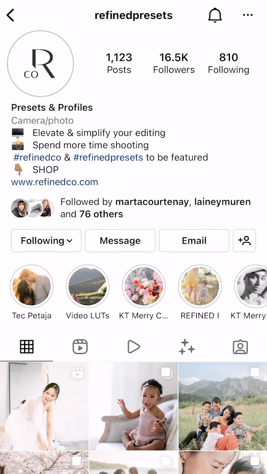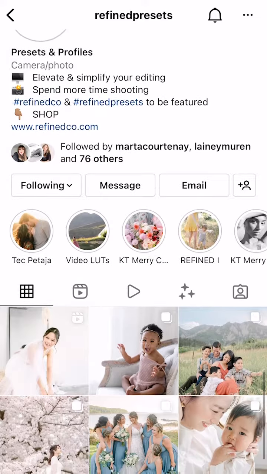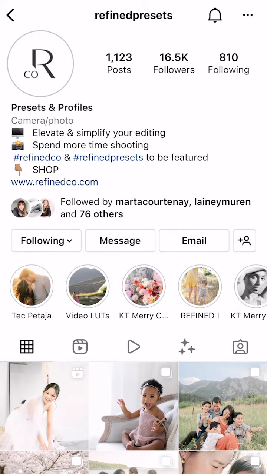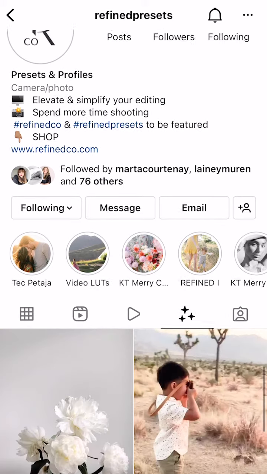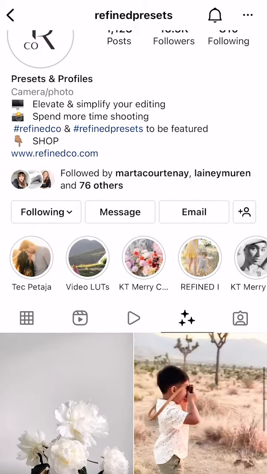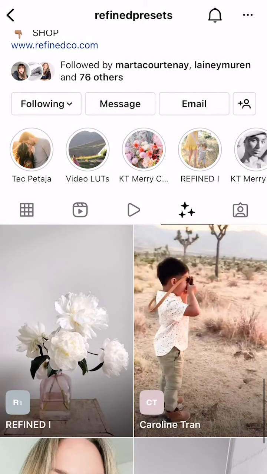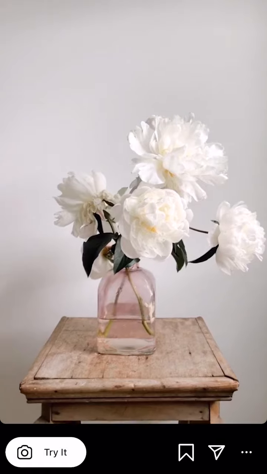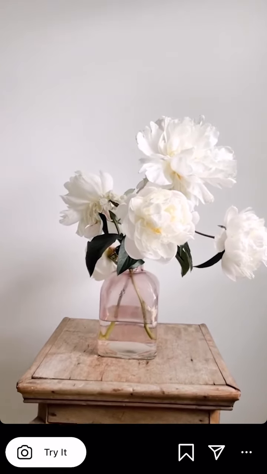Here's Refine Presets Instagram profile, and you'll see under the little highlight bubbles here there are a bunch of icons. You want to click on the three little stars. Once you have the three little stars, you'll see that here's our Instagram story filters we have available right now with more coming. You're going to choose a filter, one or all of them. And once you're on the filter, it gives you a little preview of what it looks like. This is Refined 1. And you can either try it,